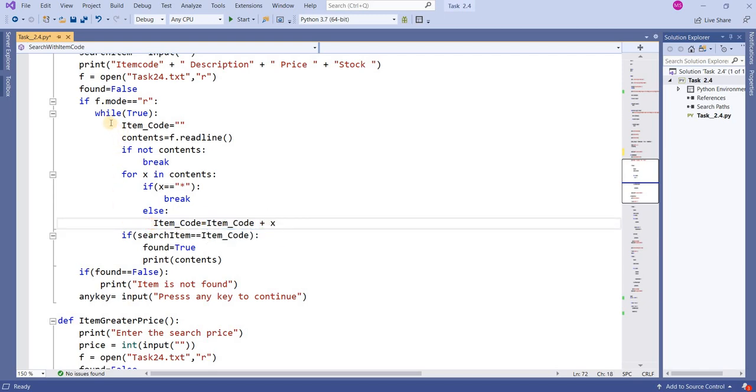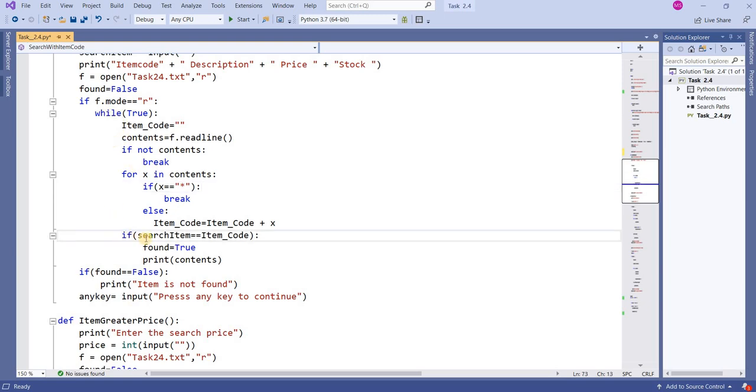Clear? Once star comes, this loop will be finished. Next, the while continues here.